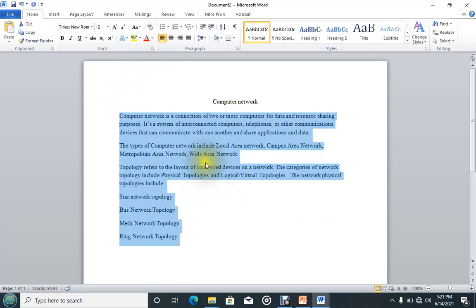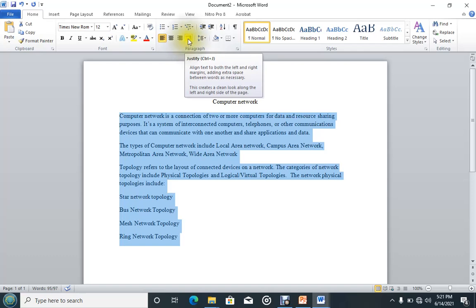Then justification, to align both the right and the left, you need to select what you are going to justify. Then you move your cursor to the justification option under alignment in the paragraph group. It says, align text to both left and right margins, adding extra space between words.